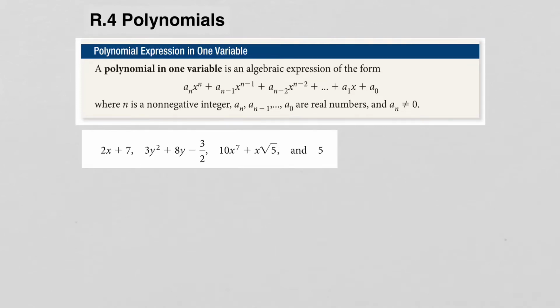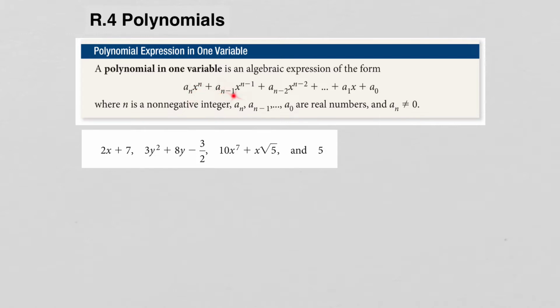In section R.4, we look at polynomials. And again, just as a reminder, this is intended to be a review. So a polynomial in one variable is an algebraic expression of the form a_n multiplied by x to the n